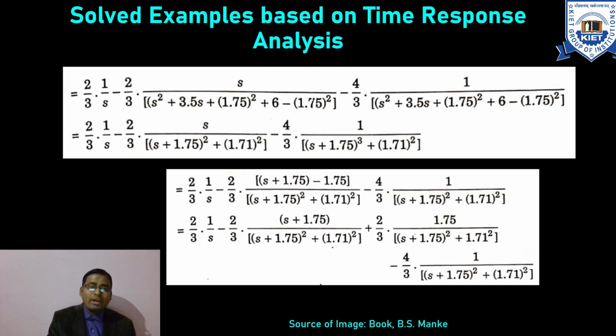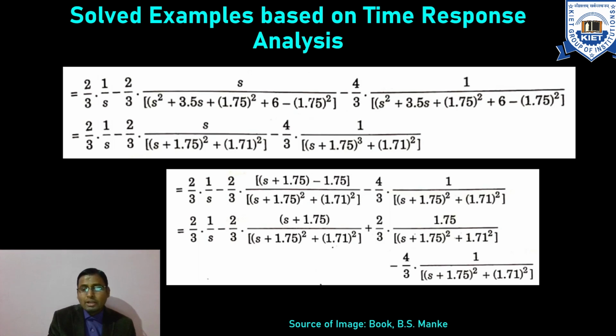Clear? That's why we are arranging a hit and trial method to perform this task. Similarly, in the last term there is no term available in the numerator which belongs to s, that is the constant value. So we will get only omega upon s square plus omega square term. That's why here the second term is simplified, and the last term is again minus 4 by 3 and so on. Clear? In this particular case we will simplify it just like omega.